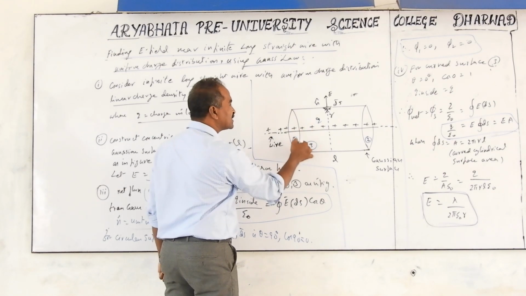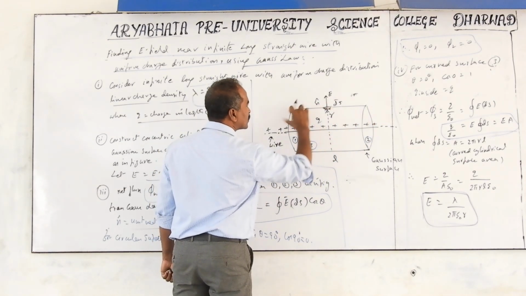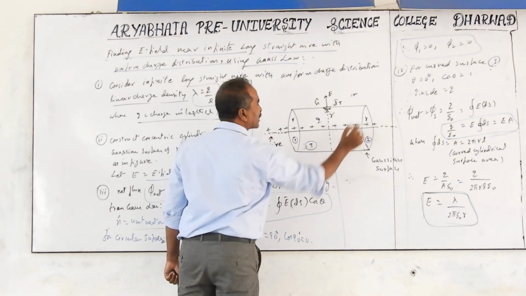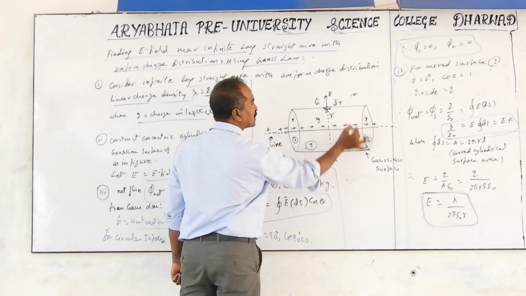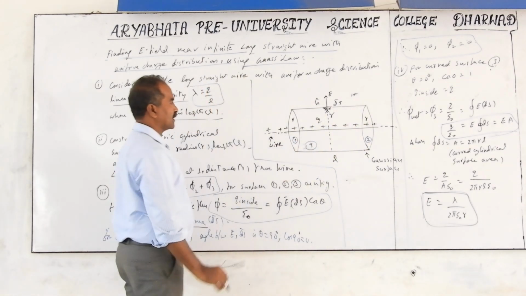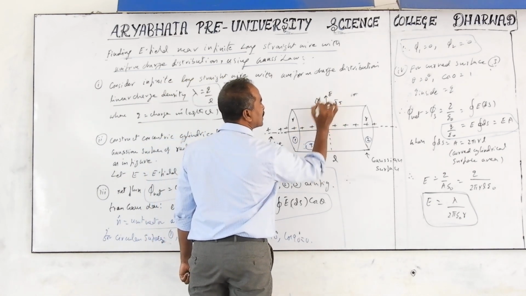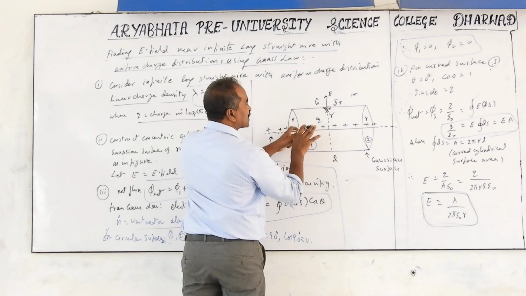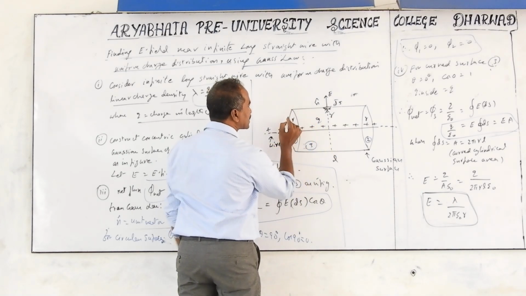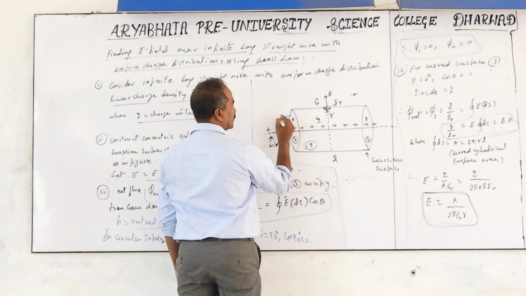For the circular cross section, it is a circular area, so the area is pi r square, with r as the radius. This is also pi r square. The n cap is perpendicular to the surface in this direction. For the curved surface, n and ds are in the same direction. But for the circular surfaces, the area is in this direction, so the vector n cap is this.